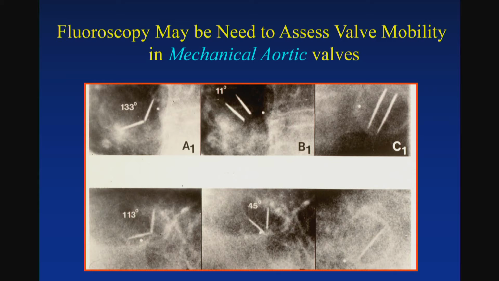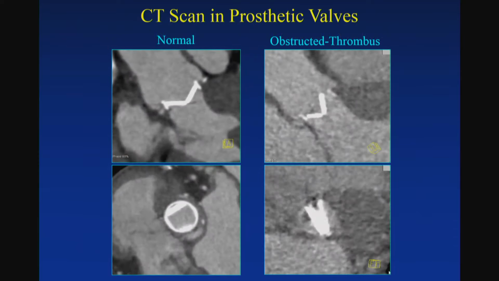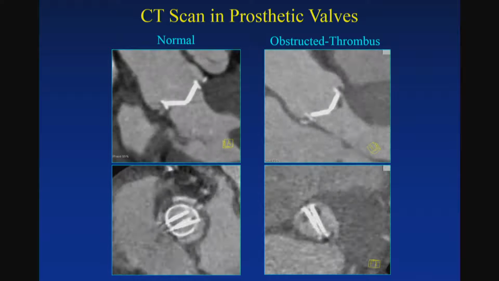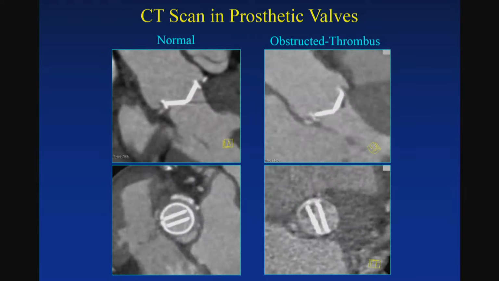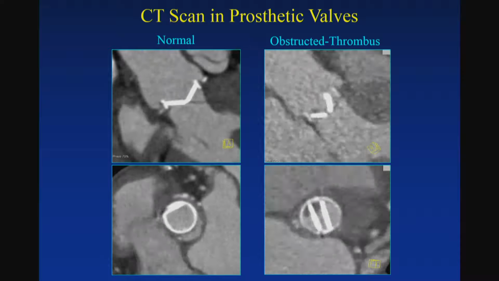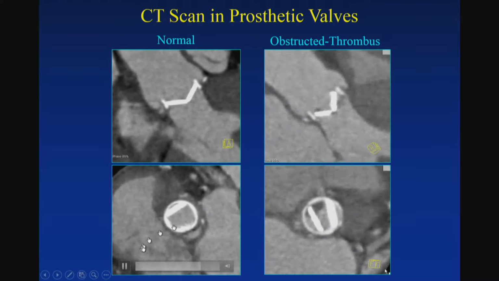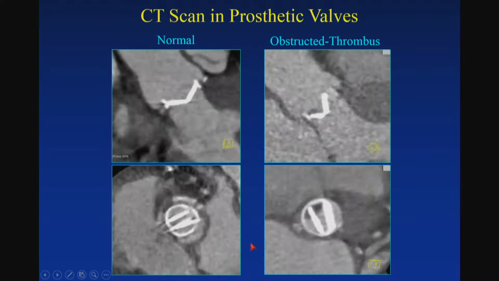In a mechanical prosthesis, I know Dr. Sumin Chang will talk about it, but if you're wondering whether the leaflet motion in the aortic position is correct, is normal, you've got to use some radiologic examination, either fluoroscopy, seeing it on the side, and there is a little skill to try to get that, or by CT. And you could use CT with or without angiography, depending on the patient. If you use angiography, it will allow you to see the mechanism, just like you see a thrombus here, very nicely depicted on the right side of this